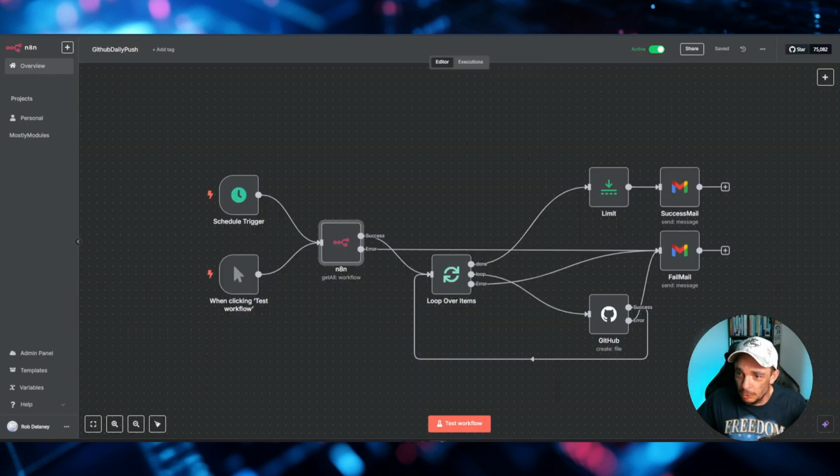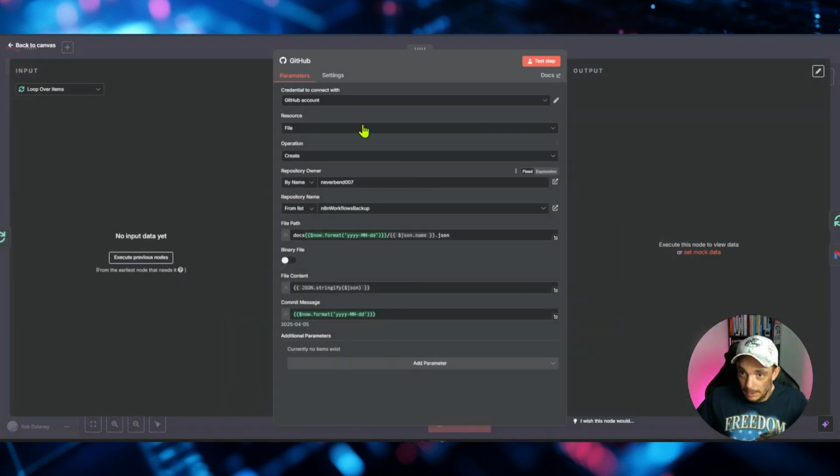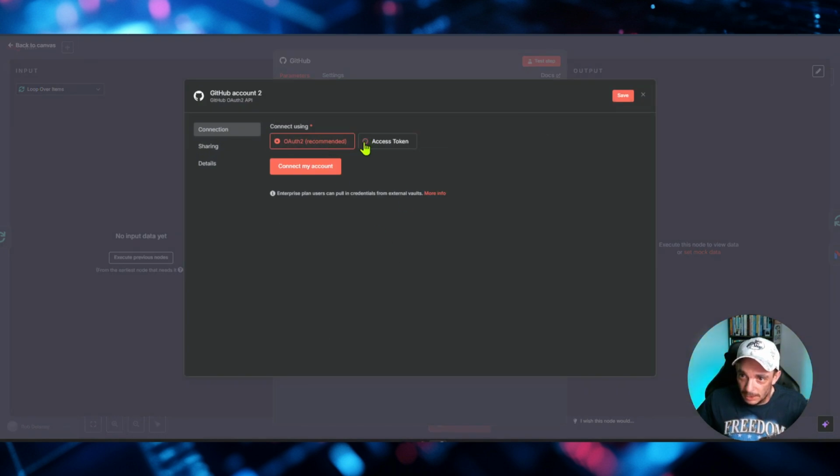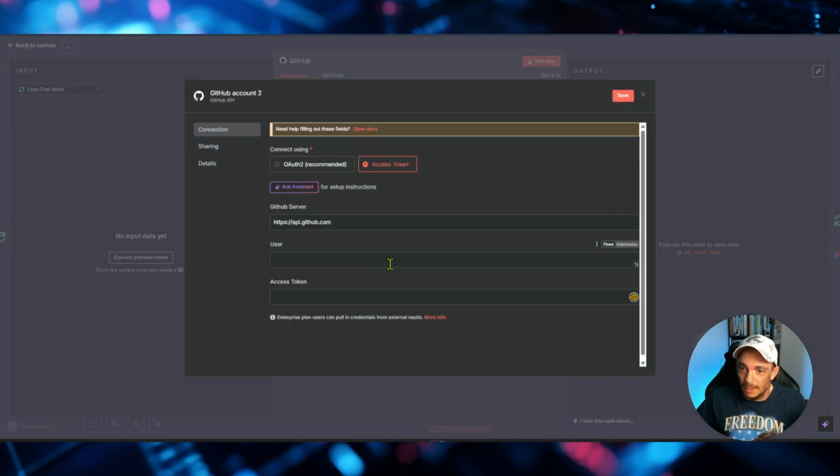You go back to your workflow and you come into your GitHub node. Then you want to do create new credential and click on access token. You can leave the GitHub server as it is. Your user is whatever the user you set up when you set up your GitHub account, whatever your name is. And then you paste your access token into here and you hit save. And that is